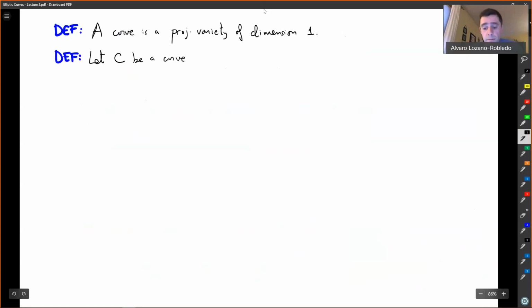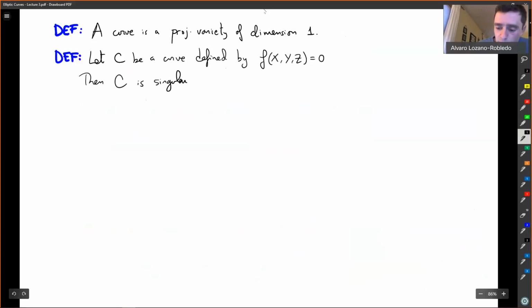And let C be a curve defined by f of x, y, z equals 0. Then C is singular at P if and only if